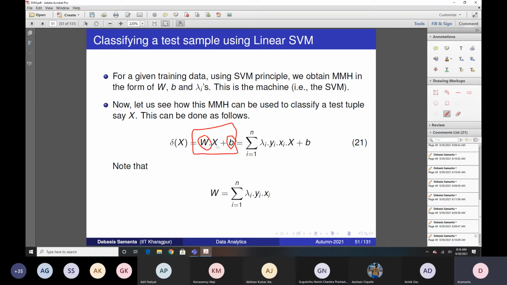I told you what output it will give you. Actually, W dot X plus B is a hyperplane, right? It is the equation of a hyperplane. So this means that it will divide the hyperspace into two regions. Now if one vector is in this region and another vector in this region, then it will return either a positive value or a negative value. And if some vectors are on the boundary, it will be 0.